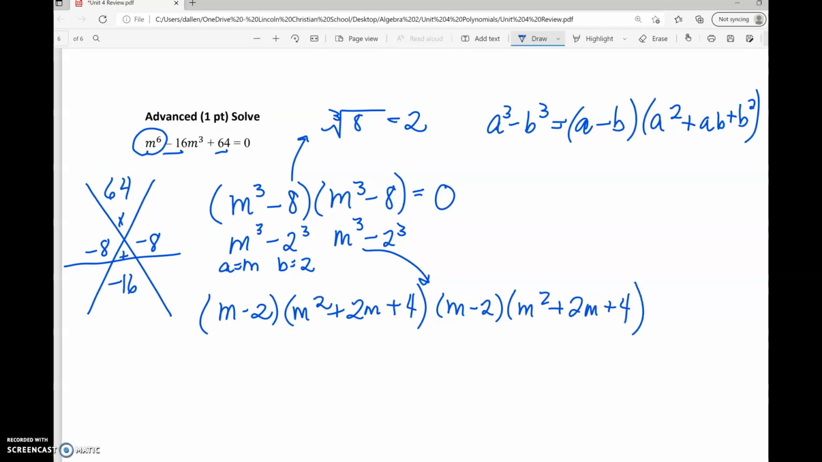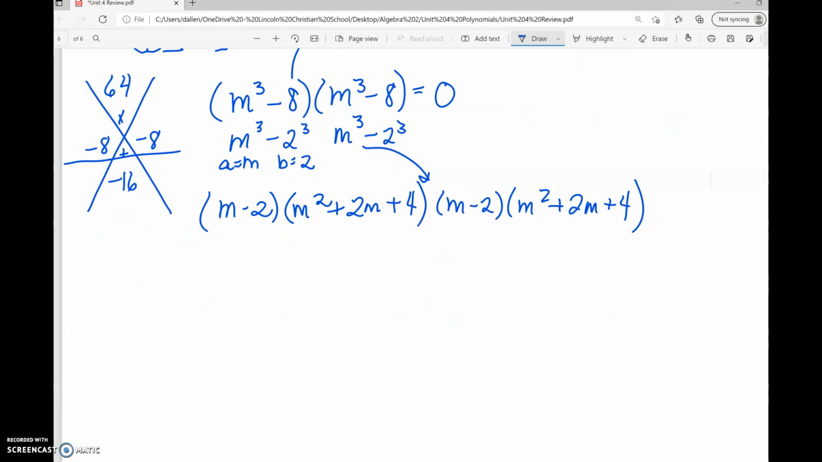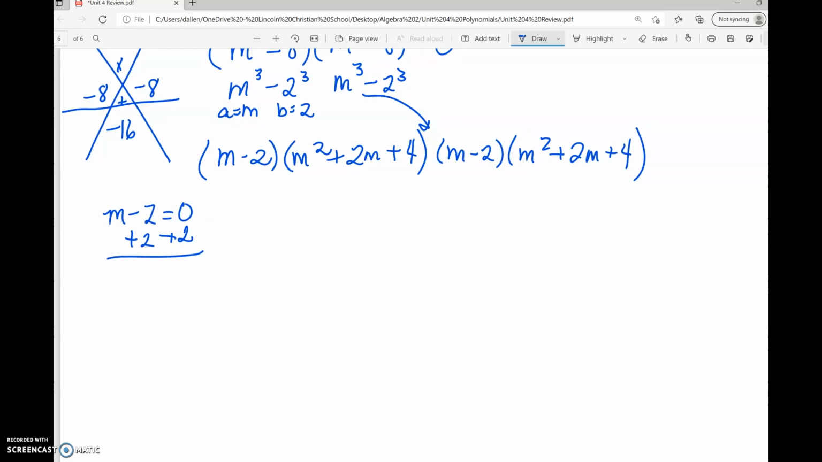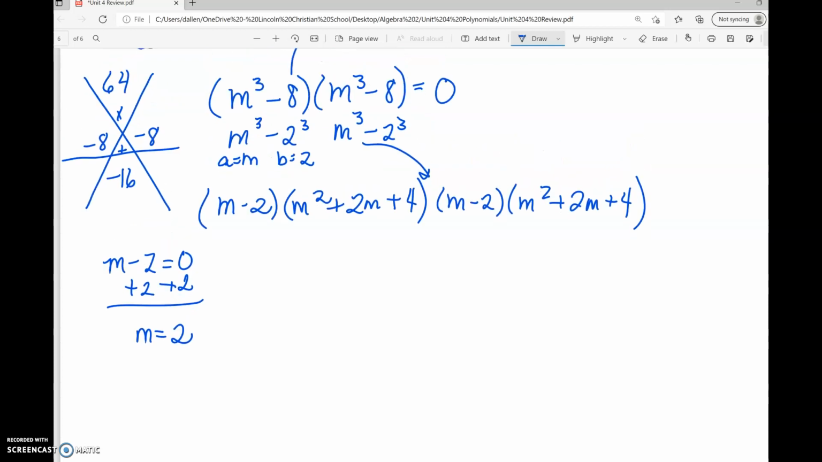So once I have that, then I can put these factors all equal to 0, because this won't factor anymore. So I'm going to put m minus 2 equal to 0, and that gives me 2. So technically, if I would have put this equal to 0, I would have gotten this 2, but this one equal to 0 can't be factored, so I need to use my quadratic formula, which is